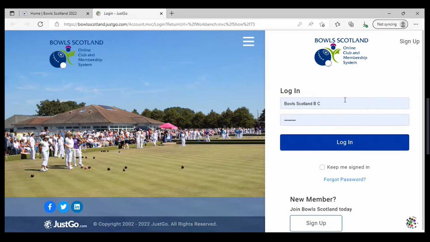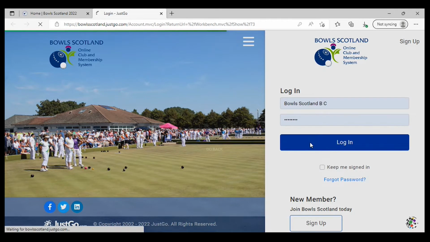So our username for the club will always be the club's name in full. New words will have a capital letter at the beginning of them, and then it will be space B space C. If your club name has any punctuation, so full stops, apostrophes, that will also be in the username. And then the password is this box below. So once we log in,